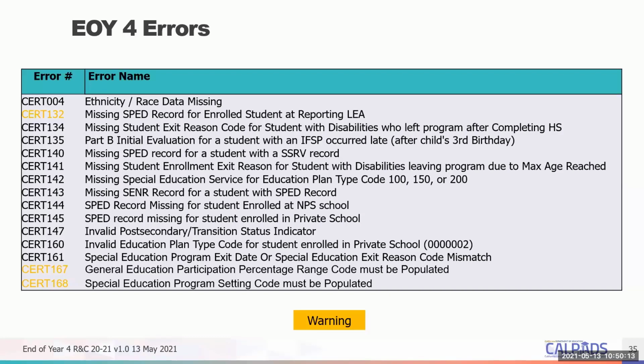You just need to take account of which students are going to need a meeting. Even if it's not their annual meeting, you're going to have a problem in fall 1 because this student is 5 and has a SPED record, and you're not telling us how much time they're in general education percentage range. It's a warning now, but it's going to be a headache for fall 1. So you can use those warnings now to kind of inventory which students are going to need